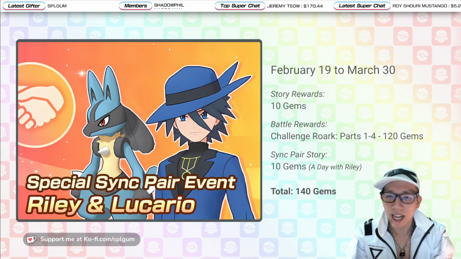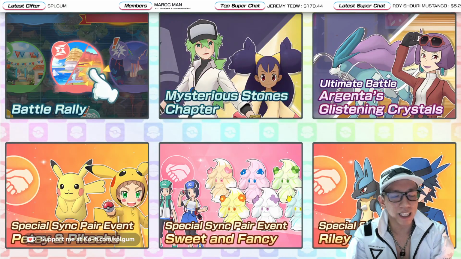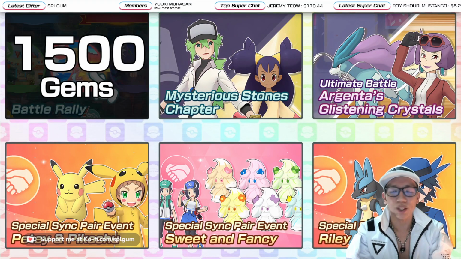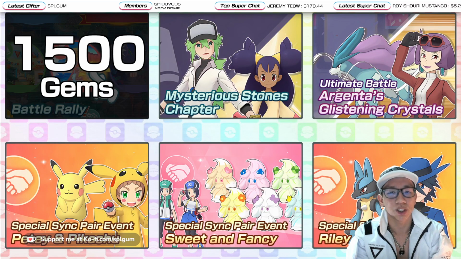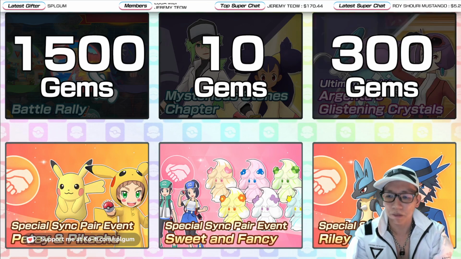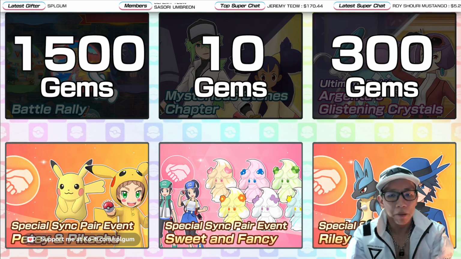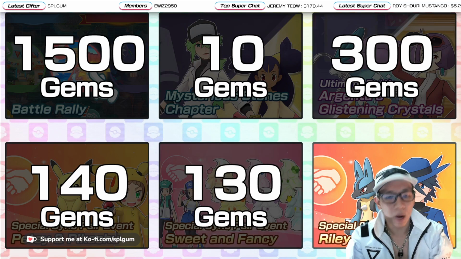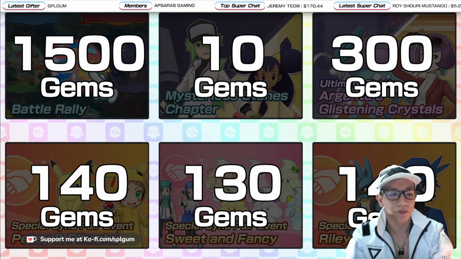And with that, let's recap. Battle Rally every week gives you 300 gems for a total of 5 weeks, 1,500 gems. Mysterious Stones chapter, a measly 10 gems. Ultimate Battle Argentus, Glistening Crystals, tough battle, 300 gems. Special Sync Pair event, PT and Pikachu, 140. Alcremie, 130, because no Sync Pair story. Riley and Lucario, 140. For a total of